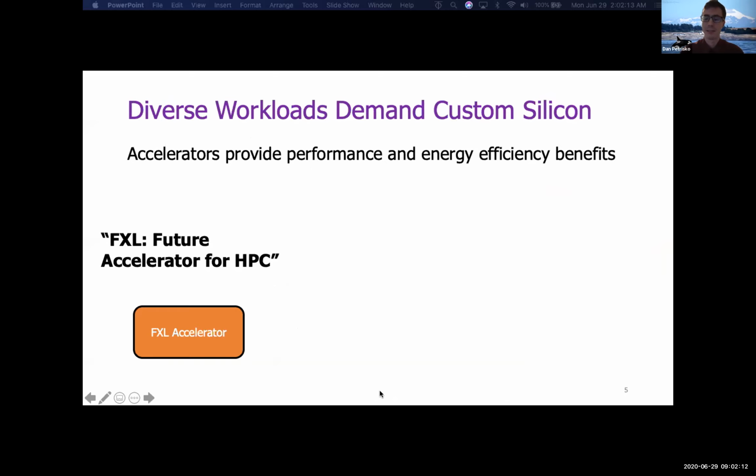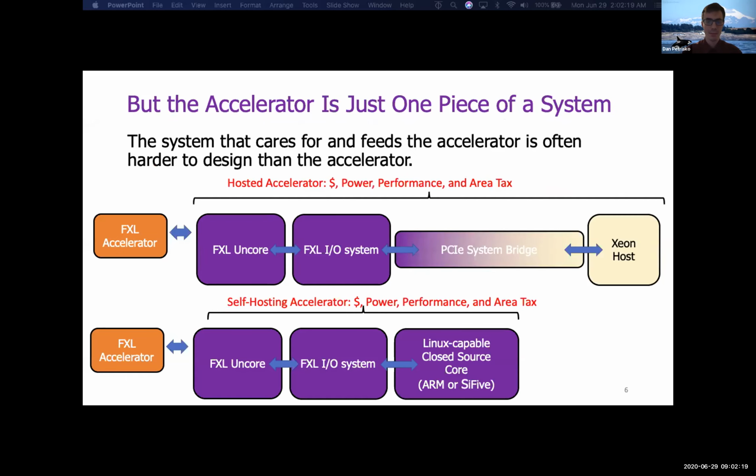And we need to be able to continue to provide performance and energy gains without traditional scaling effects. While custom accelerators are the secret sauce for these new systems, they don't really stand alone. Developers of novel accelerators need to maintain uncore, I/O, chip-specific components, and debug interfaces to test their chip. And getting any of these components wrong can ultimately take away from all your hard-earned acceleration gains.